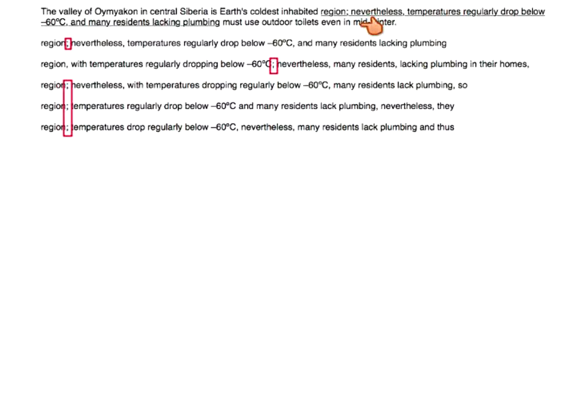Okay, so that's a sentence. Same thing, nevertheless, many residents, and then here's a description of their situation, and then must use outdoor toilets, so we're fine. With this happening, many residents lack plumbing, so must use. That's not a sentence. It doesn't have to do with the semicolon, but